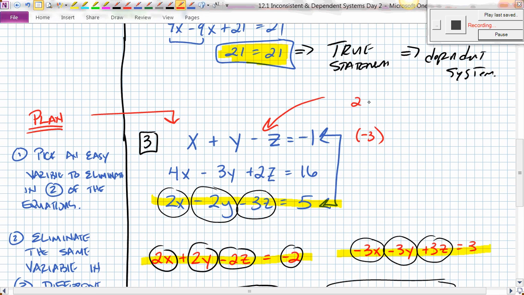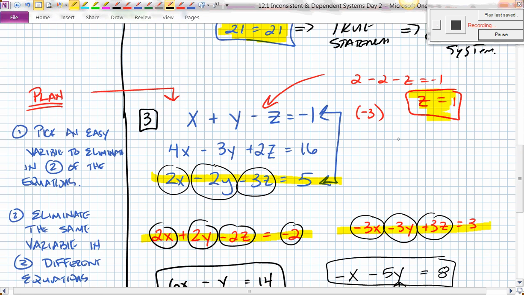So I got 2 minus z equals negative 1. Oh my gosh, z has to be 1. There you go. So your solution set to this problem is x is 2, y was negative 2, and z was 1. And that's a system that will get you